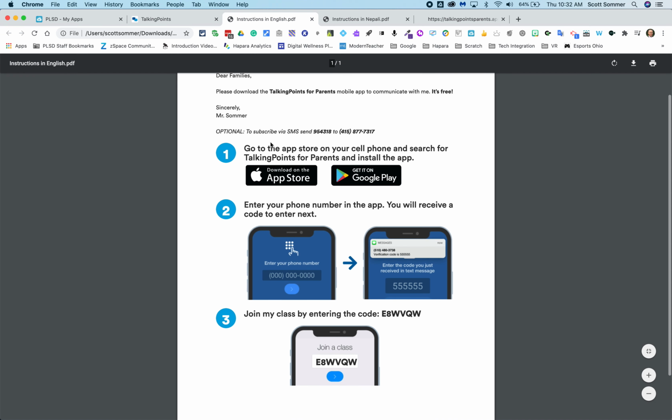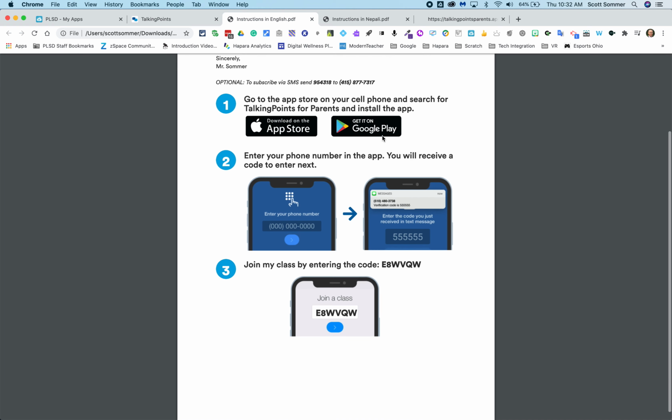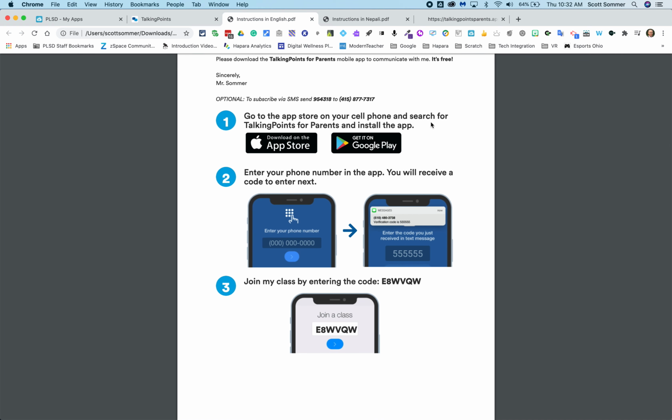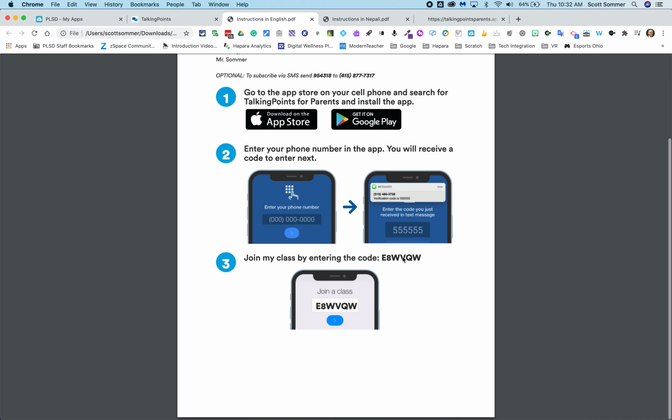So to subscribe via SMS, text that number to that telephone number. Go to the App Store on your cell phone and search for Talking Points for Parents. Install the app. Enter the phone number in the app. You'll receive a code. Enter your phone number, so that's where the parent will type in their phone number. The student can do this too. And then you will receive a code to enter next. So once it has your phone number, it'll send you a verification code, and you enter that in the app. Then it'll say, join my class by entering the code